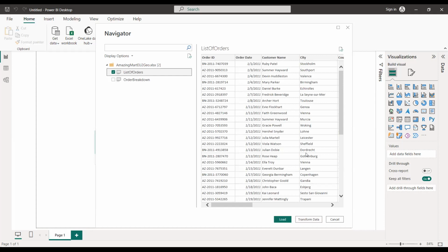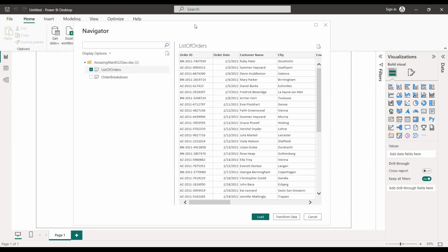Now I'm going to load this data directly. Why am I loading it? Because the data is clean. If the data is not clean yet, you just collected it, it's not clean. Remember, we said collecting comes after you've defined your objective, you've known what the problem is. All right, you've collected the data, you've imported it. If the data is clean already, you load it directly. If it's not clean, you can click on transform data.